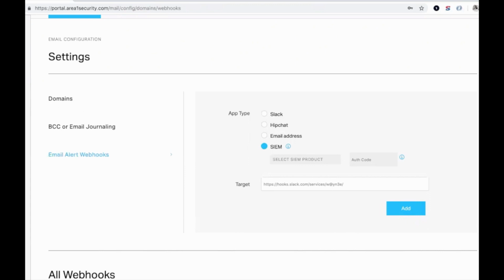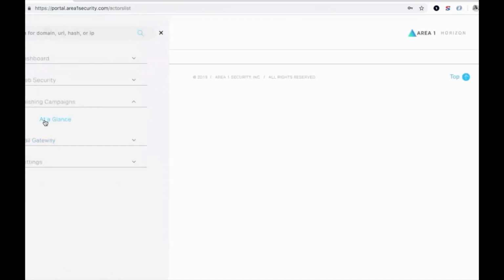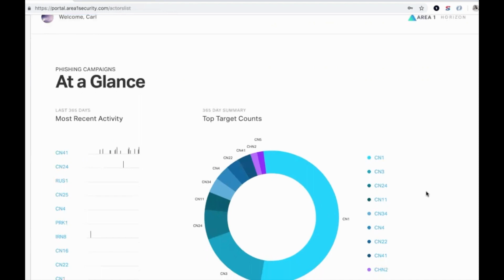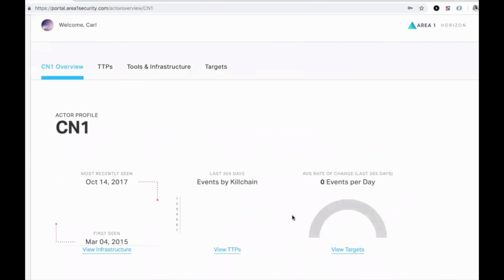And as one final takeaway here, we wanted to show you one powerful technique of Area 1 when you happen to be in our customer portal, and that's the ability to see what's going on industry-wide and worldwide. So we've just covered the types of phish that may have hit your organization, but let's zoom out a little bit and take a look at the most notorious phishers out there, which we've broken down kind of like an FBI top 10 list. And here, we see on the screen that there's one organization that's made up half of the attacks, and this is an organization called CN1, based out of the People's Republic of China,